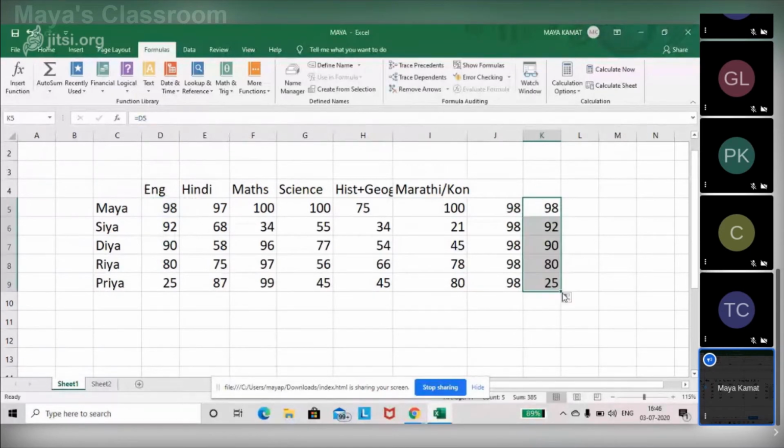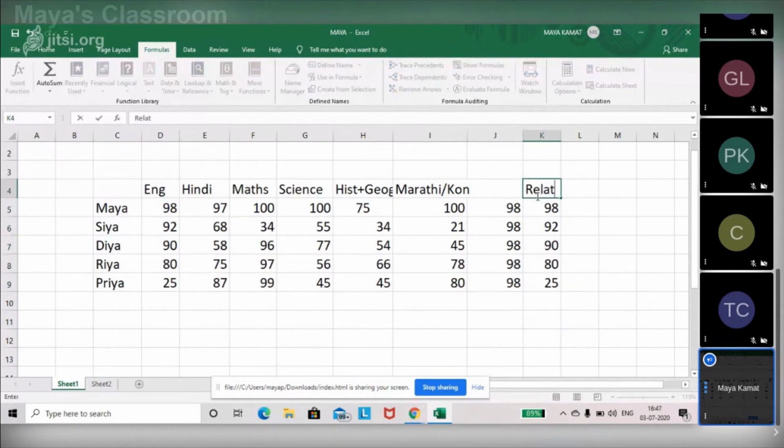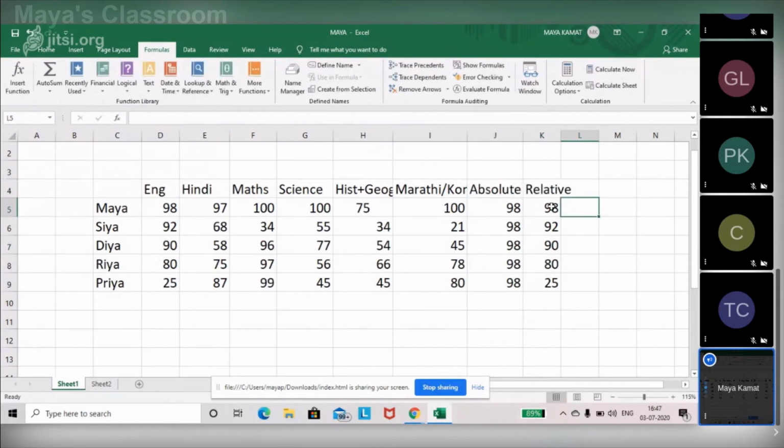People, just notice the change over here. I'm putting relative referencing over here and absolute referencing over here. Now, in relative referencing, what has happened? I have said data from cell D5, which is this cell, and then I have pulled the fill handle to auto fill the rest of the entries. Whatever entries are in this D column will be copied into the K column. So relative to the first, it is copying in the next.